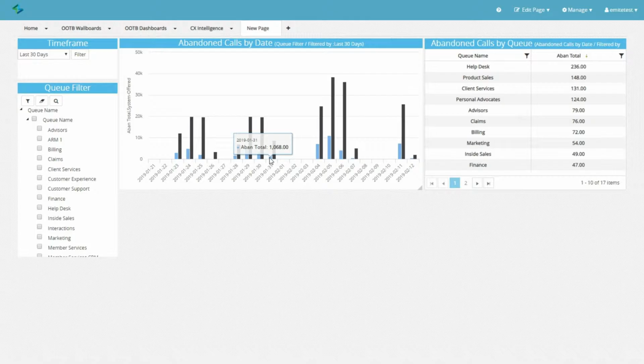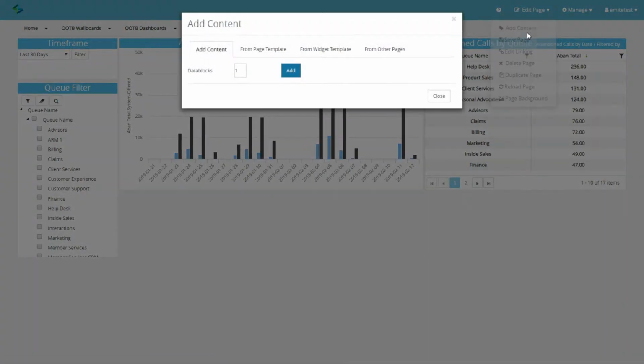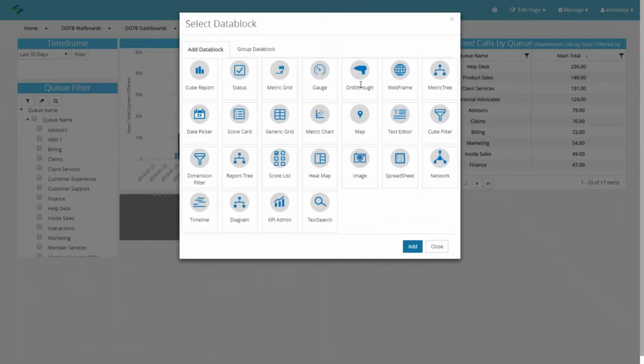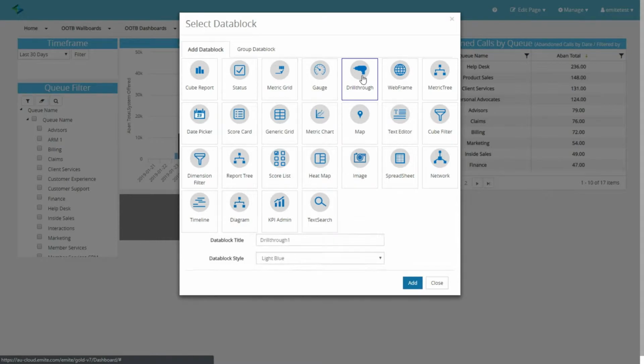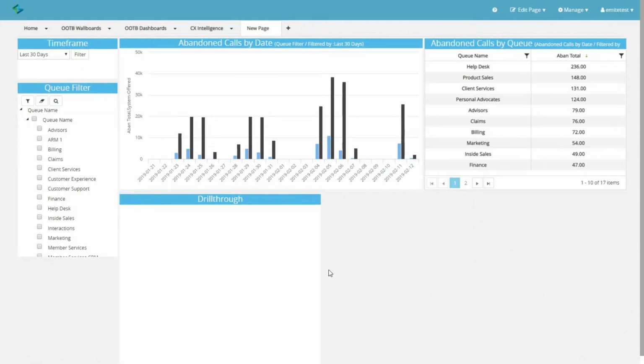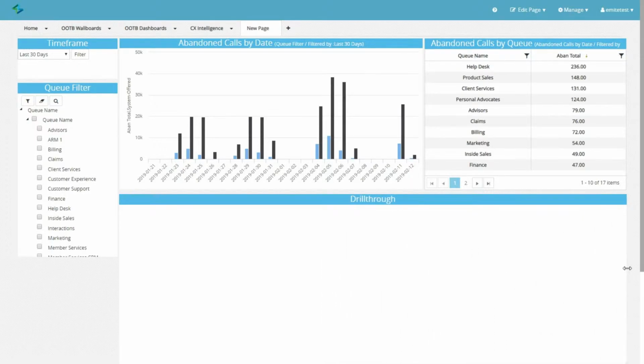We can take this one step further. If we would like to receive drill-through call details of the information in the report on the right, let's add one more data block. In this case, we'll be adding a drill-through. The drill-through data block will take information from the index and provide you all the raw fields that are available for that information. It's great for things like abandoned calls,